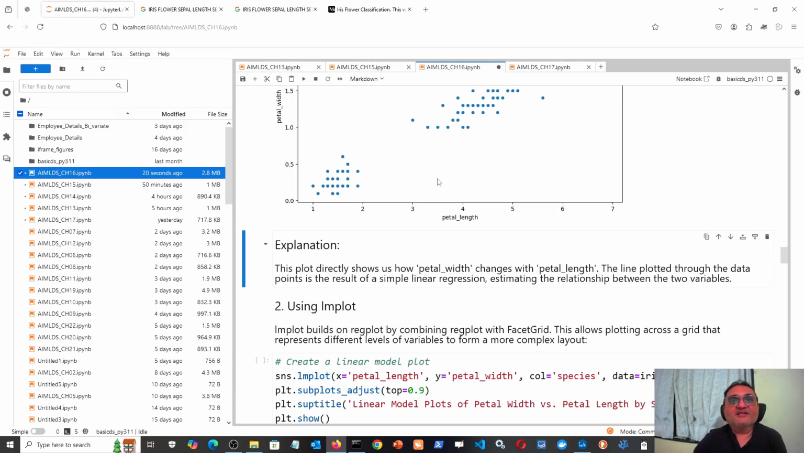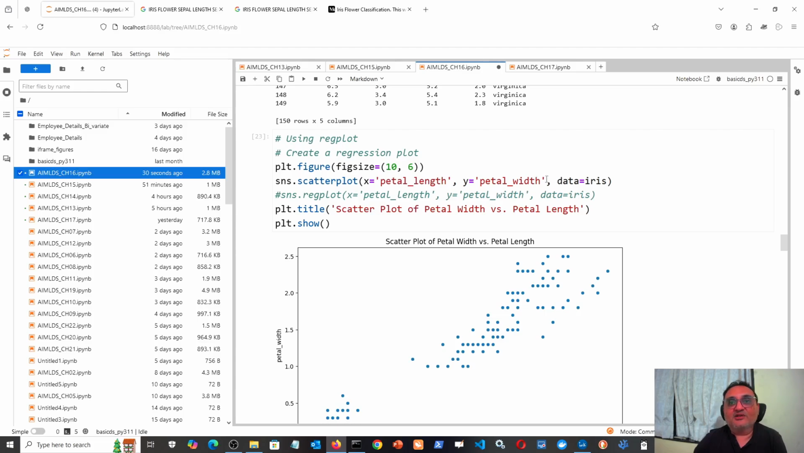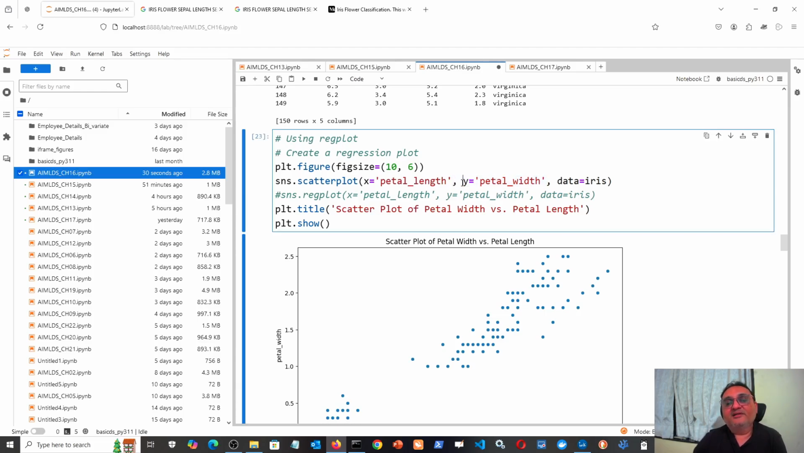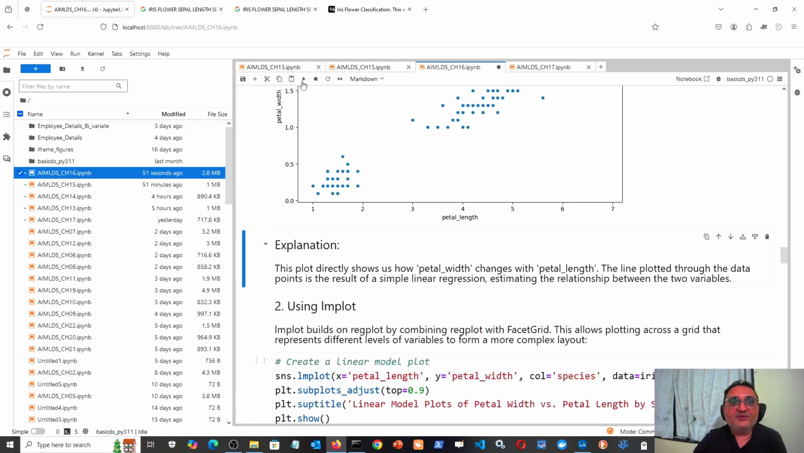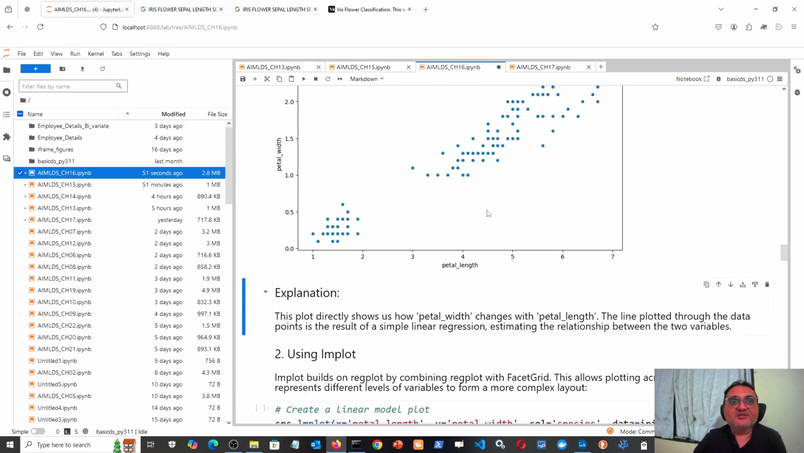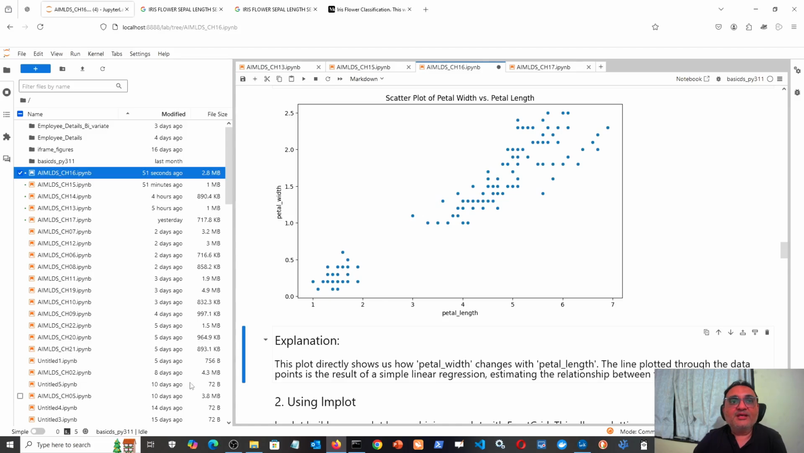Normally when you write versus, whatever is on the y-axis is called the dependent variable, and whatever is on the x-axis is called the independent variable. So y versus x is petal width versus petal length. You can plot the graph, and the graph is obtained like this. Now in this graph